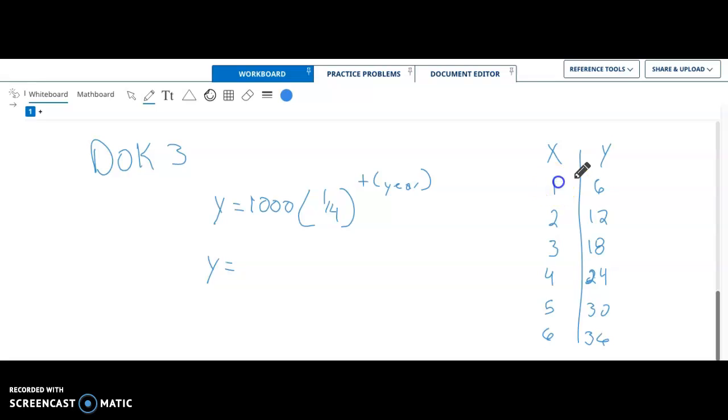Okay, so we start off at 6, and then we keep going up. So this will actually be non-exponential. This will actually be linear, because you can see that